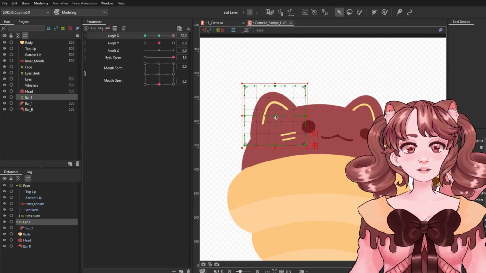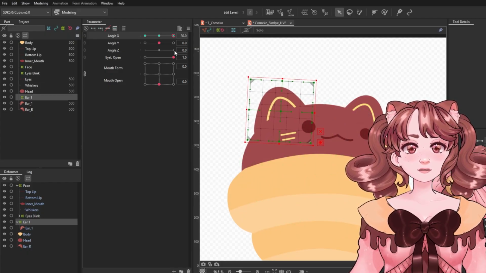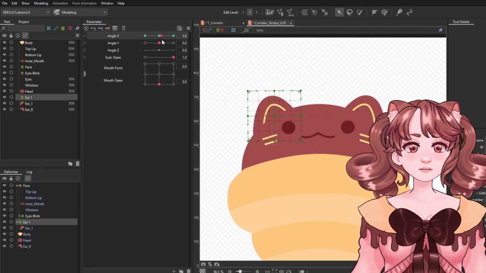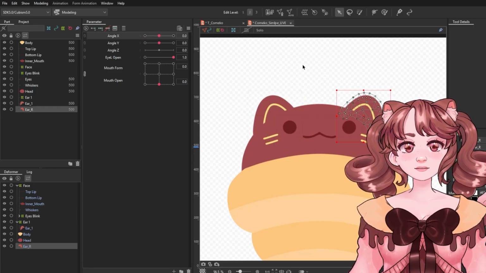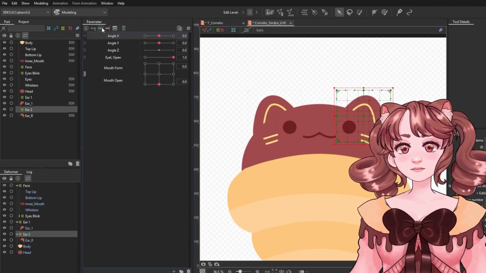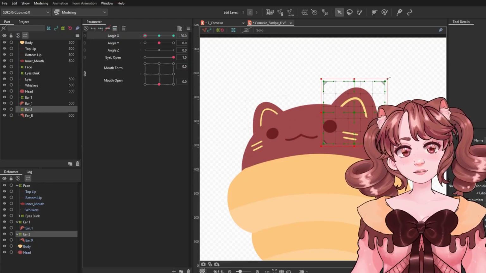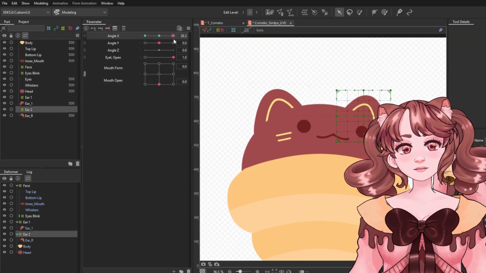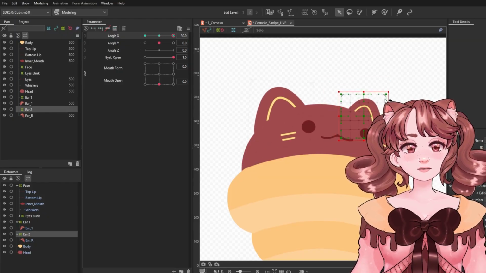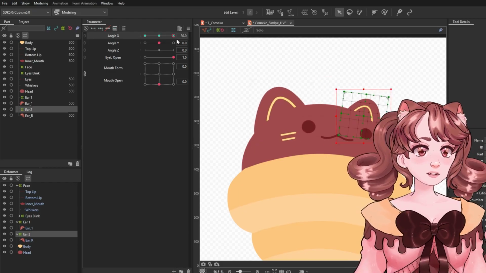Same on the other side, make it bigger, rotate it, and push it forward a little bit. There we go. And we're just going to do exactly the same on the other side. Call this one ear 2. Angle X, bring it over, make it bigger, make it smaller, rotate it a little bit. So now it looks like it's going left to right, and we'll do the same